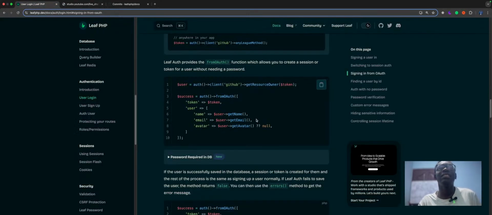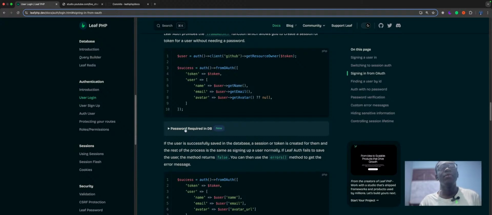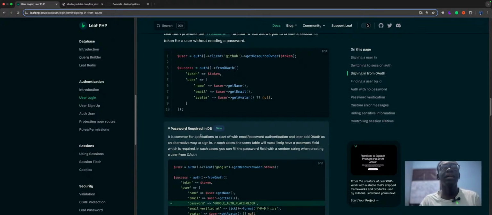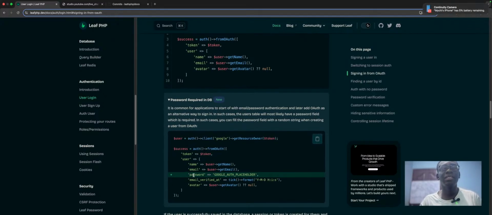You probably wouldn't need it, but yeah, that's how it works. So if you have a DB that has the password field required, you can just pass in a